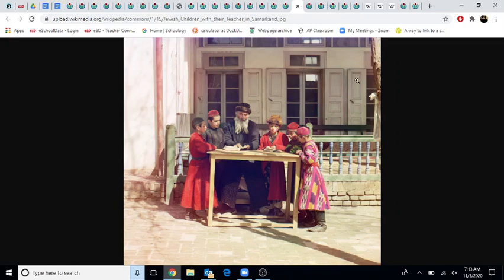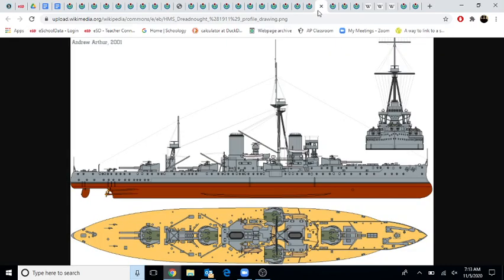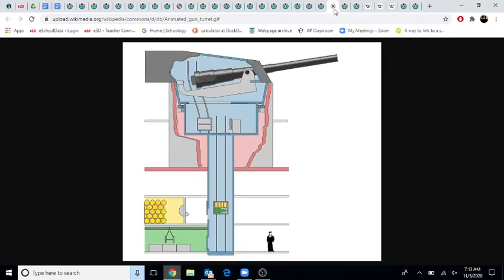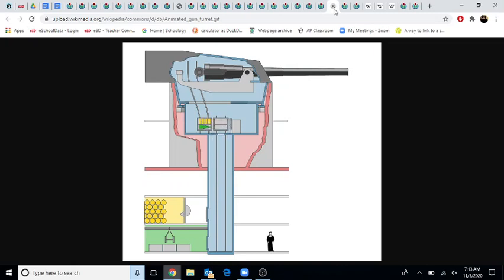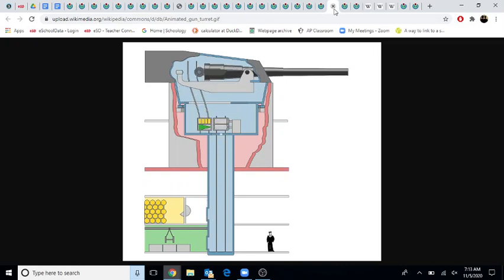Next, militarism. Arms races. In 1907, the UK created the battleship Dreadnought, the kind of battleship that will look familiar to you if you've ever played World of Warships. No guns sticking out the side like you see on Admiral Dewey's ship, the Olympia. It's these big turrets, and these turrets, by the way, are huge and have to have basically steam elevators to bring the powder and the shell up to the gun to fire. This is a really neat little animation that Wikipedia has on it. Within a few years, this was out of date, though.